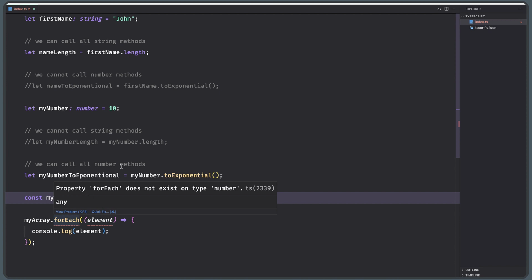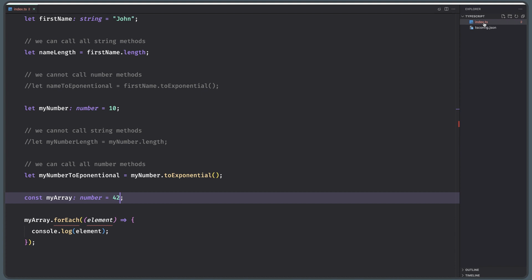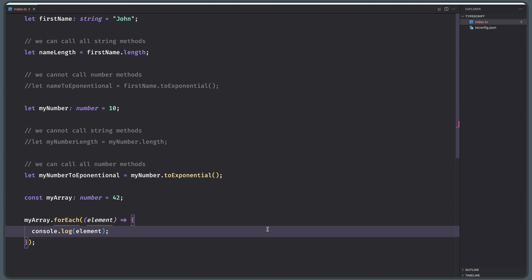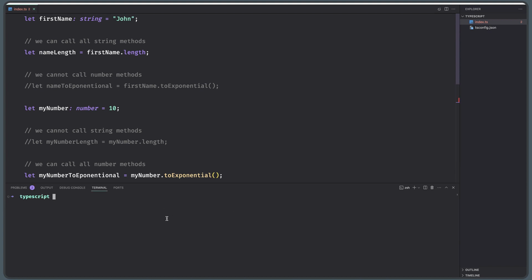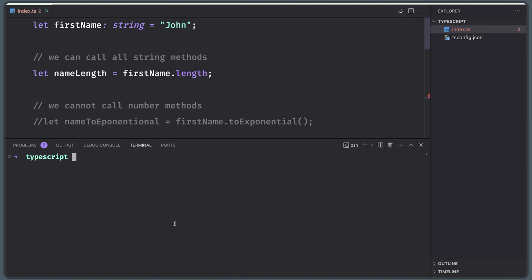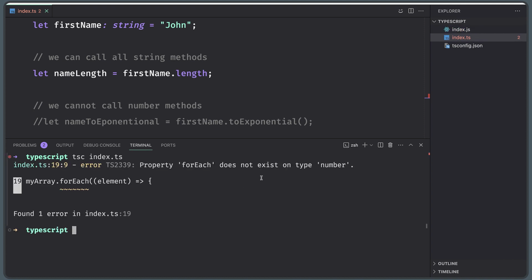So if we try to compile this file, as you can see we have here index.ts and we are in the TypeScript directory. If I open the terminal in here, we are in the TypeScript directory as well. I'm going to zoom in a little bit. Okay, now if I say here tsc index.ts, I'm going to compile this index TypeScript file. If I hit enter, as you can see, it's going to create index.js, but it's going to show us the same error we had also